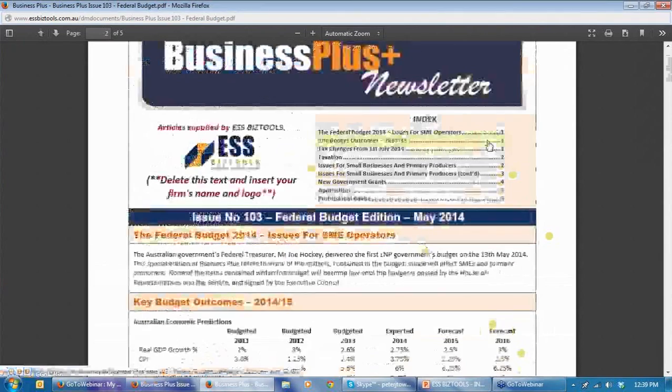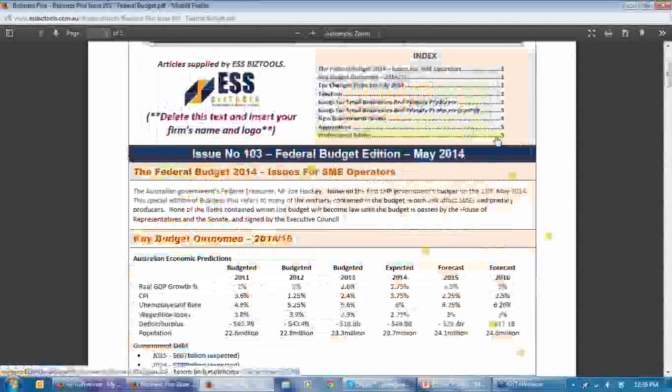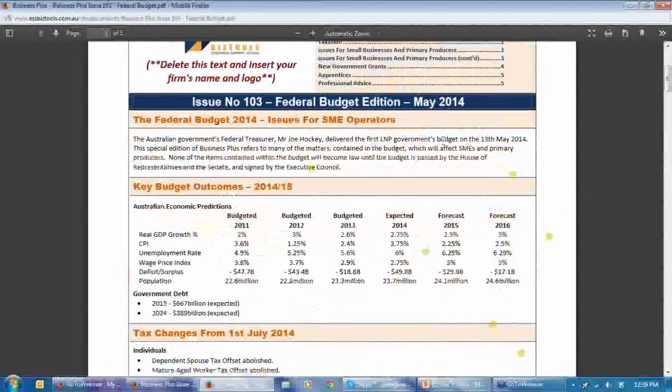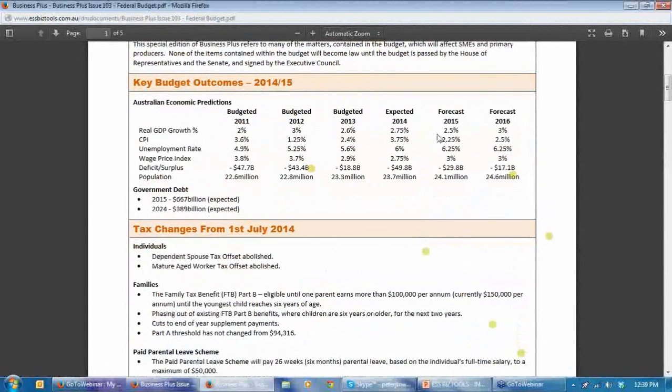Let's go back to the beginning here, on the federal budget. So it's the issues for small and medium enterprise operators. We're really not worried about the defence budget, or even the health or medical areas or education. We're looking at what might be of interest to small business operators, so we always have